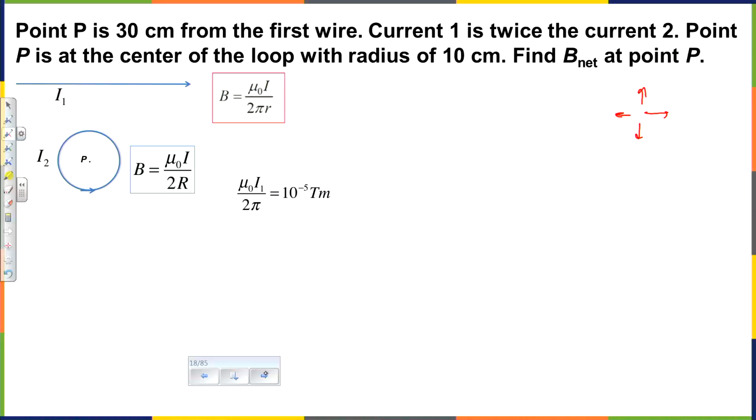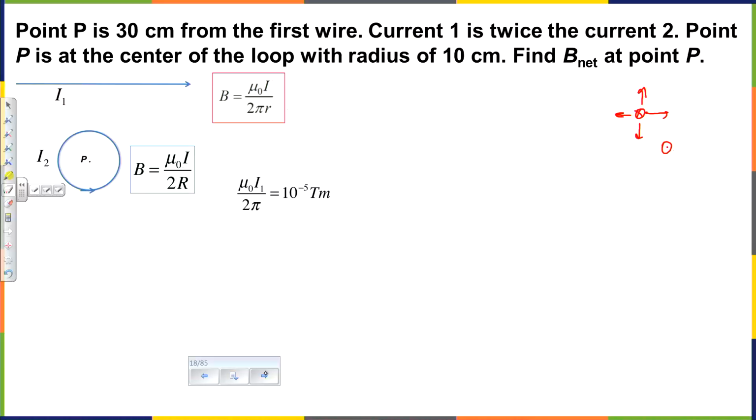For the symbol for the direction which we call into the screen, what do we use? Like a circle with a cross. That's into the screen. And for out of the screen, circle with a dot. Some people just use a dot or just use a cross. Doesn't really matter if you know what you mean, if you can say.